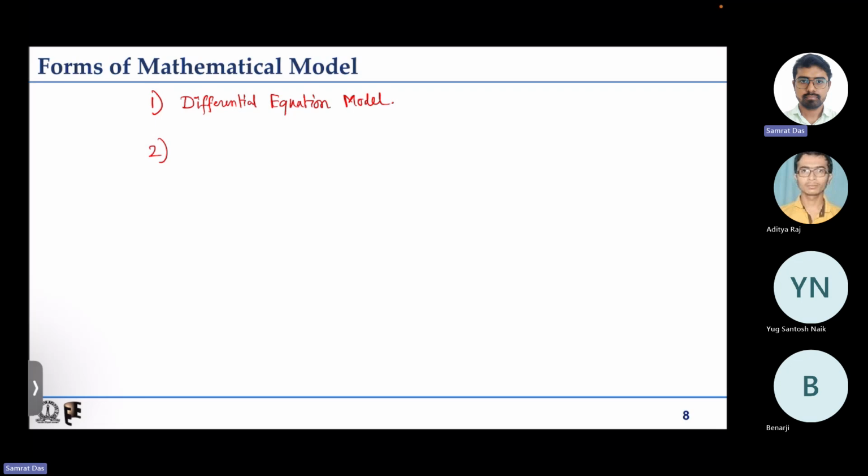Second, if we write down the differential equations in a different way, it becomes something called a state space model. Third, all these are continuous domain. These are continuous time domains. Next,